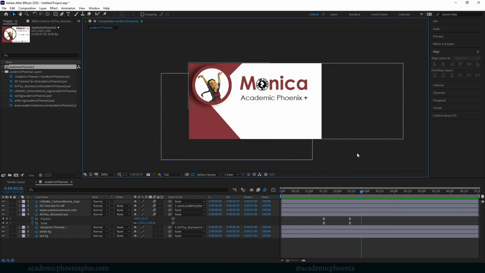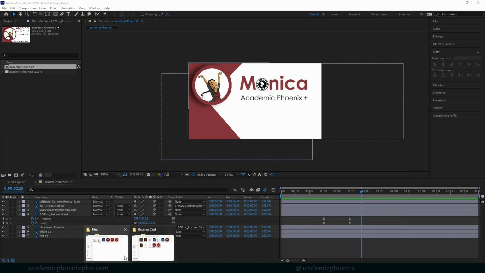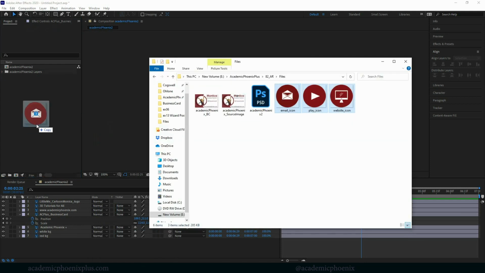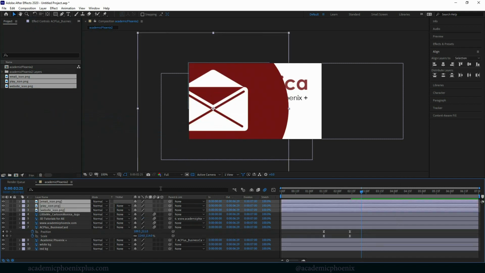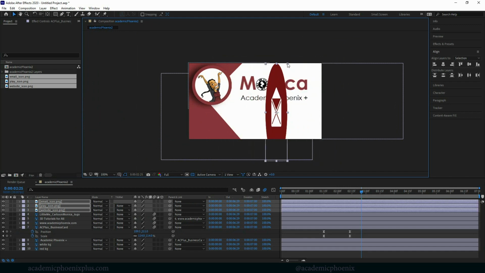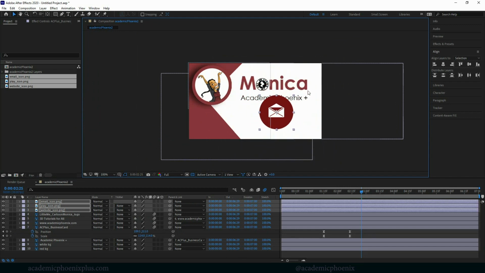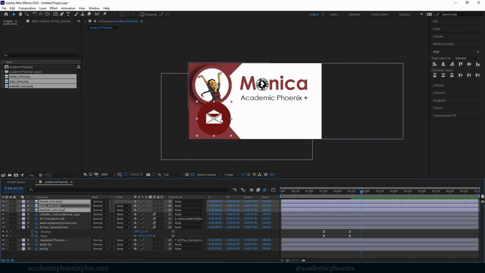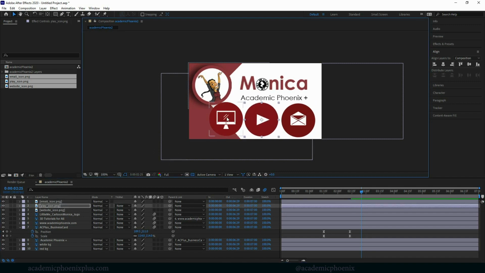I already have some icons set up, so I'm just going to go ahead and bring them in. All right, so here are my icons. I'm going to collapse this and back to my icons, drag these in here. Once they're imported, you're more than welcome to bring these in here. And they're huge. So again, hold down Shift, otherwise you're going to warp them. Hold down Shift and that will keep them the same scale. So I'm going to move one at a time. Here's my email. Whoops, you have to let go. Grab your email, move it to the side, grab your play icon, move it to the side, and there's the